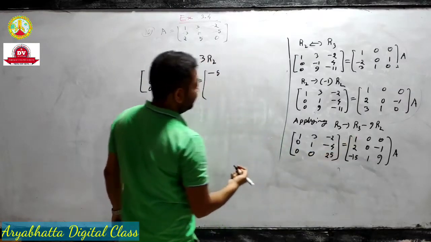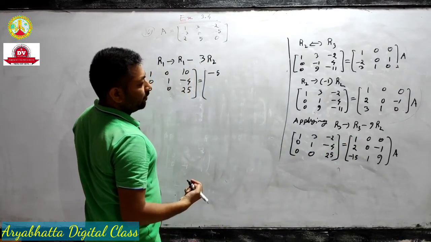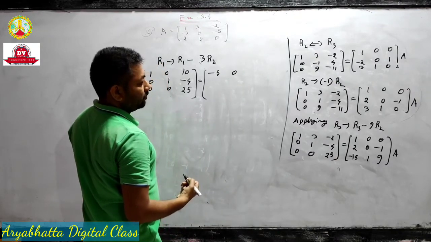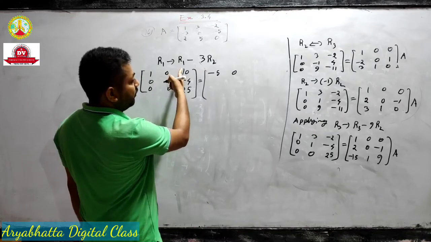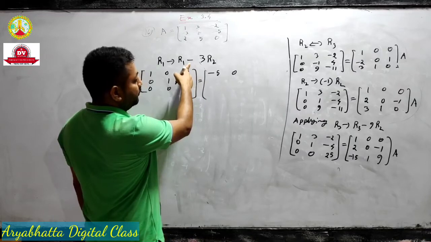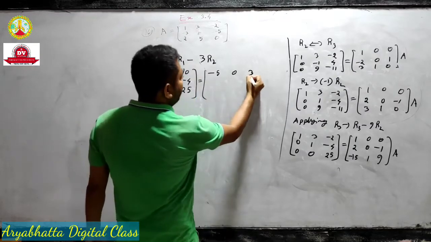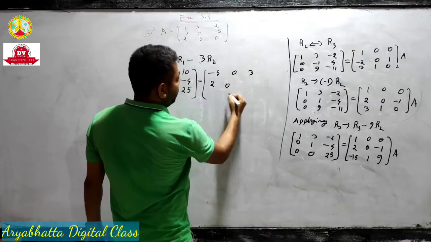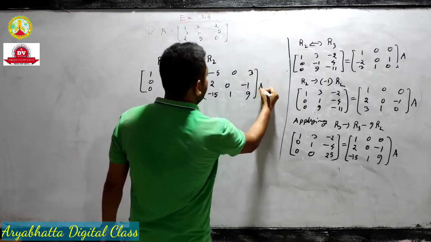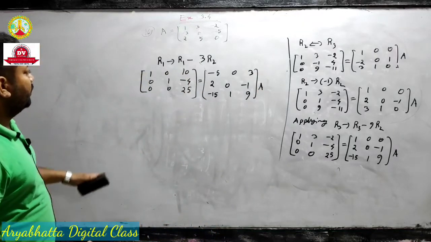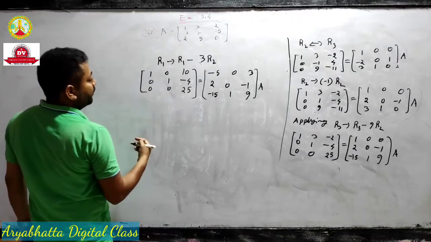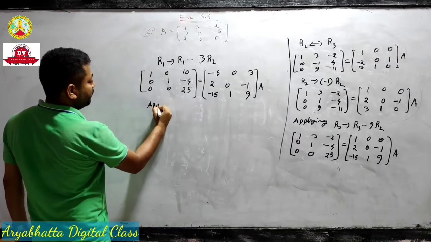For these elements, 0 minus 9 into 0, that is this element is 0. R1 minus 3 into R2. Next 0 plus 3 is equal to plus 3. 2 0 minus 1 and minus 15, 1, 9 into A. Next, for these elements have to be equal to 1. Therefore, we apply